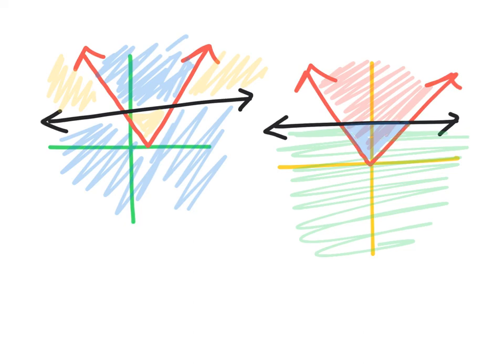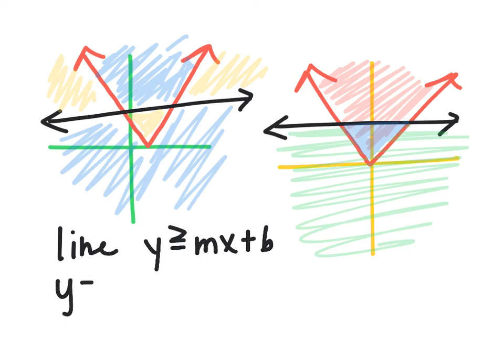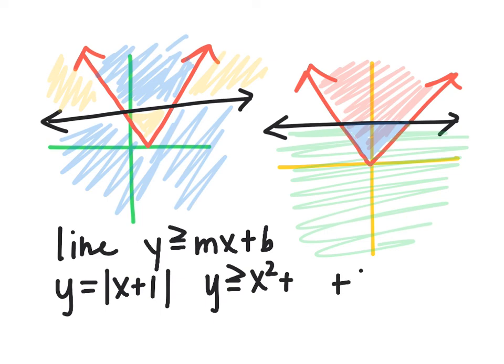So again, you can choose which way works better for you. It's totally up to you. And then just as a quick refresher, the types of graphs that we've done this chapter are lines. Remember, that's if you have like y equals mx plus b, except it'll be with an inequality. You could have absolute value. So remember, you might have to make a table of points for that. You could have a parabola, but again, it might be an inequality symbol, like x squared plus 7x plus 10. You guys know how to graph those. Those are the three that we have worked with: lines, absolute value,